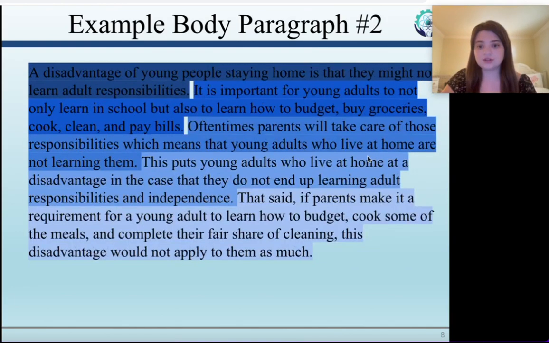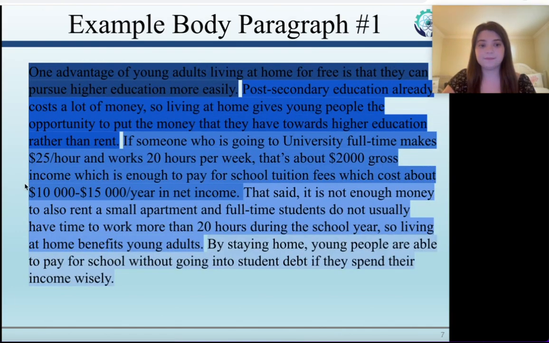Here I use the term gross income. What is gross income? Gross income is income made, or money made, before taxes, right? Because if we just multiply 25 times 20 times 4 for 4 weeks in a month approximately, that's $2,000. However, that's the amount we would get